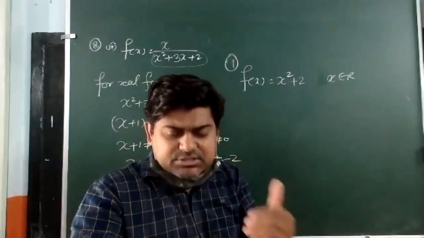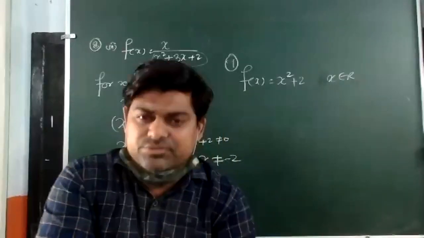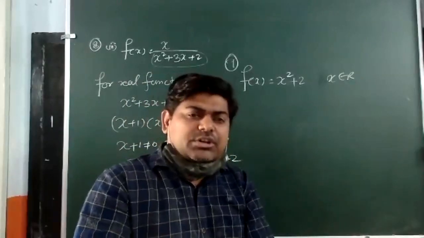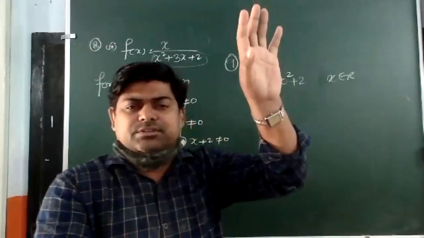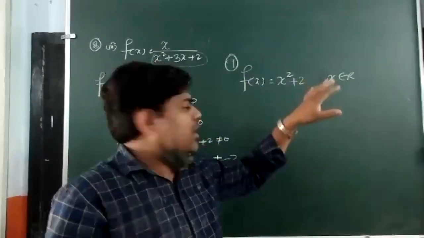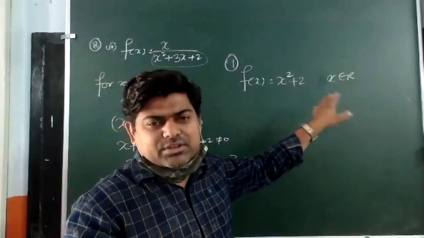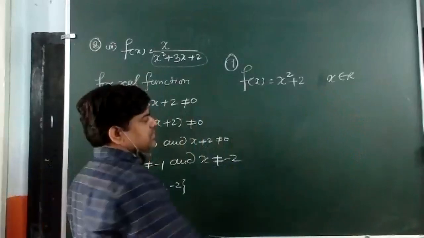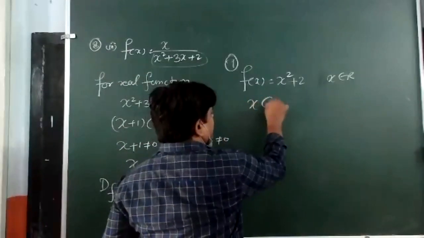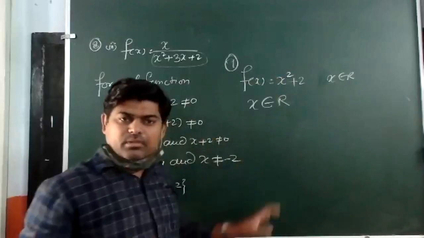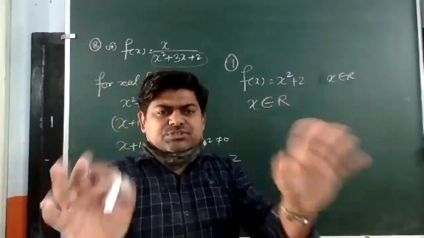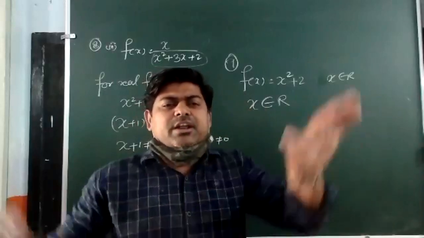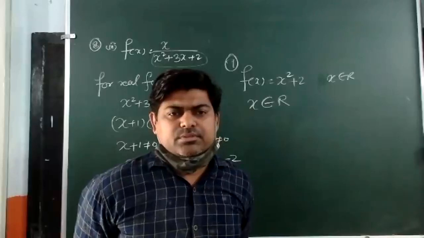And there are some questions where we are bound to take f(x) equal to y to find the range. But some questions are there where, without taking f(x) equal to y, we may find the range, like this question. So I'm trying to find the range here by both methods. The first one: it is given that x belongs to R. If x belongs to R, then x square must be greater than or equal to 0, or not? Just tell me.